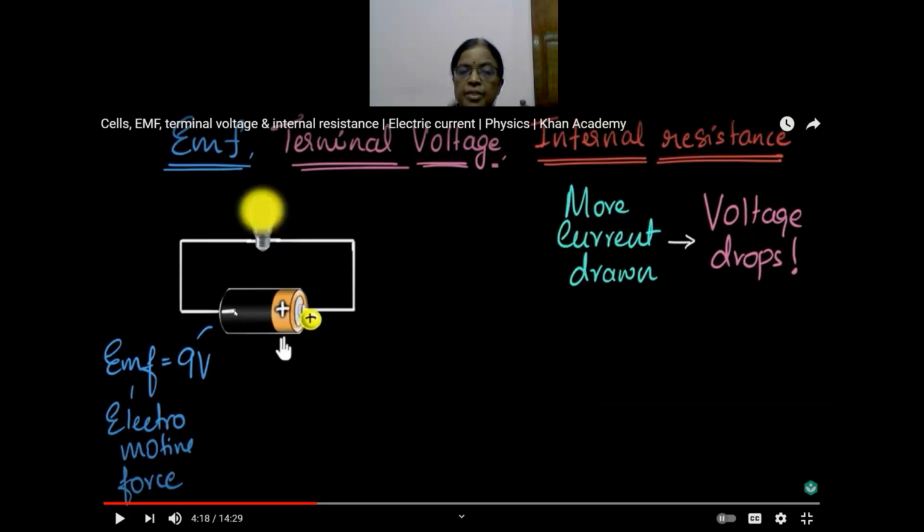About one charge we are discussing: when one charge moves from this end to this end, it would have 9 joule per coulomb energy. But when we connect it to the bulb, the charges have to move across this wire. Then only the bulb will be heated, and the filament will change that into light and heat energy. So here the charge is to be moved inside the cell, and the cell offers some resistance. Cell means electrolyte, electrodes, ions in the electrolyte, all offering some resistance to the flow of these charges.